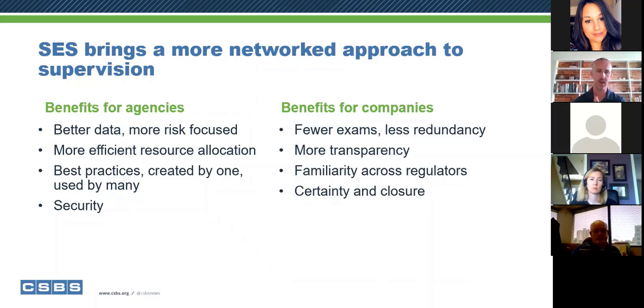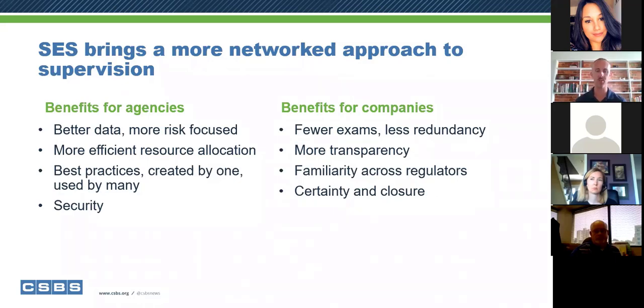When we talk about network supervision, the way I've been thinking about this, and the way I think it's been characterized at a couple of our conferences, is that this offers an opportunity for state regulators to do two things, and this is a rare chance. Those two things typically don't move together, and that's make regulators more efficient. So by networking together, we are making regulation more efficient and the supervision coverage more efficient across the state system. So that's one, and then that will have an effect of reducing burden for the companies.